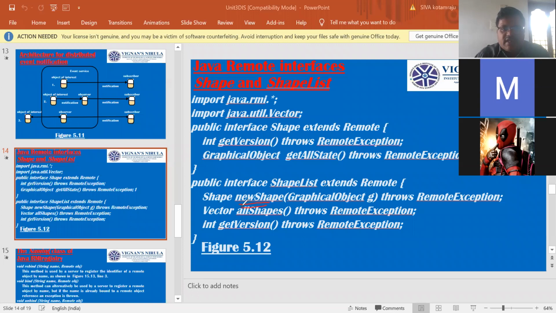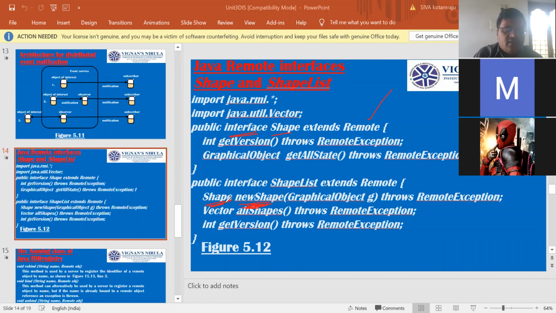What is the return value of newShape? It is Shape. What is Shape? Shape is a remote interface. Clear? Any interface which extends Remote is a remote interface. So the return type of the newShape method is a remote interface.